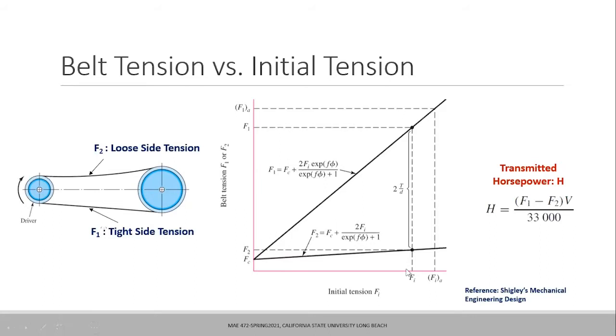So this initial tension plays the most important role in deciding the capacity of the belt drive to transmit torque from the driven side to the driving side pulley. That is the most important figure to remember for designing a belt drive. If you understand this, you understand the mechanics behind it. The physical reasoning is that the more the tension in the belt, the better the efficiency to transmit the torque from one end to the other. If the belts are loose, they lose the tendency to transmit the torque.